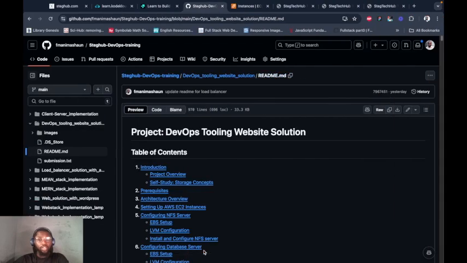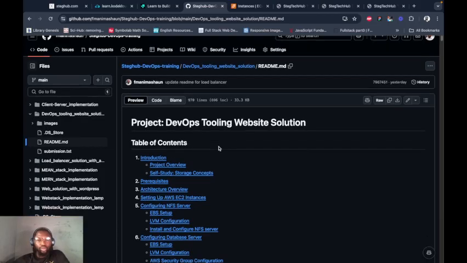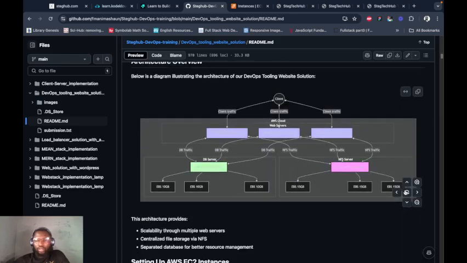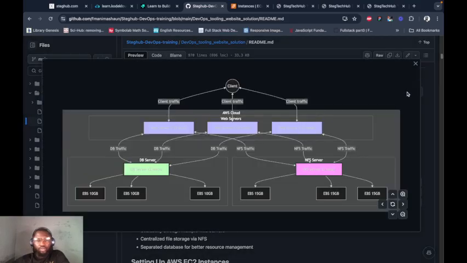All right, so based on my last video where we talked about setting up a DevOps tooling website solution with respect to the architecture shown on your screen, where we have a